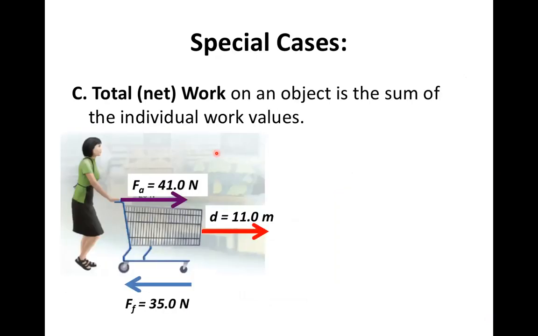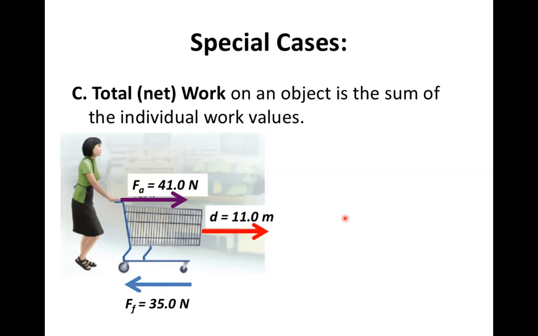Okay, so there is another kind of special case, finding total work. Finding total work on an object could be the sum of the individual work values. So for example, we have this shopper applying a force on the cart to the right, and the displacement is to the right, and the force of friction would be opposite to the direction of motion. We could find the work done by the person and the work done by friction and add them up, realizing that this is going to be a negative work and this is going to be a positive work,